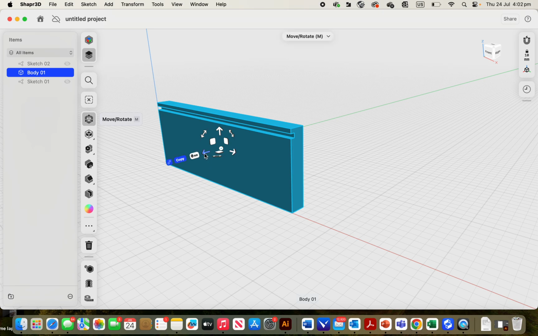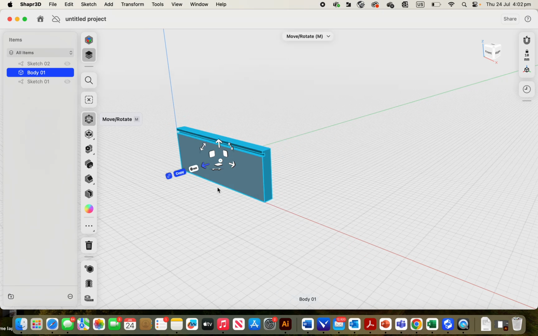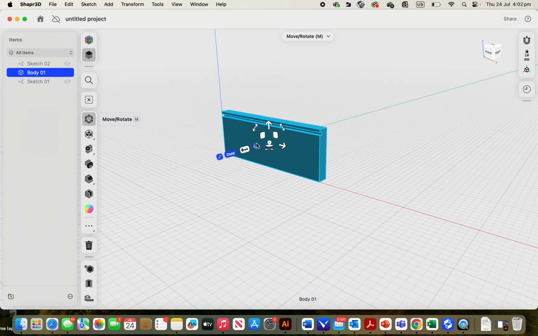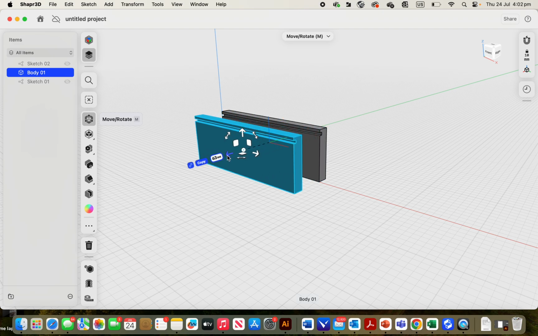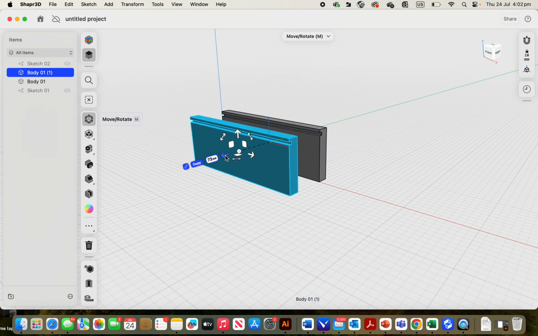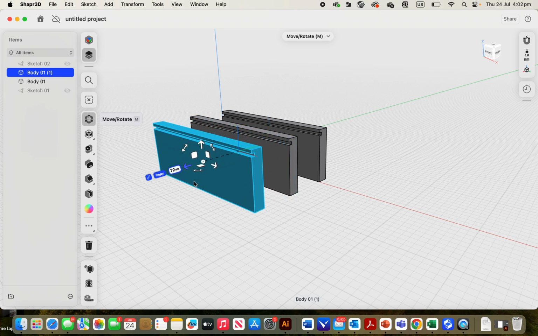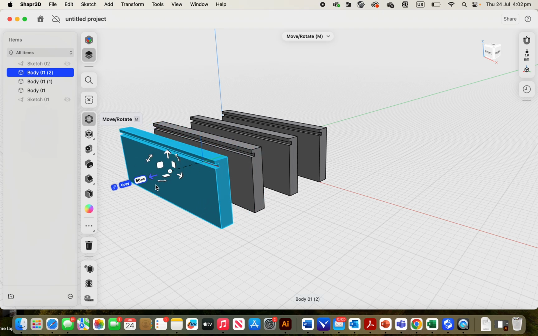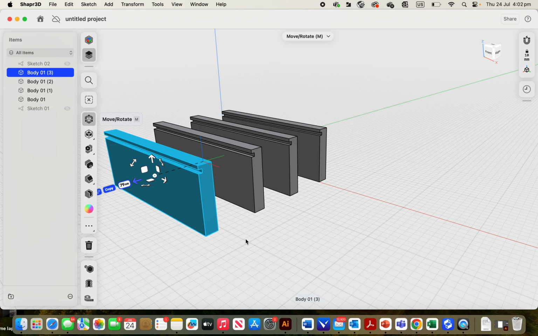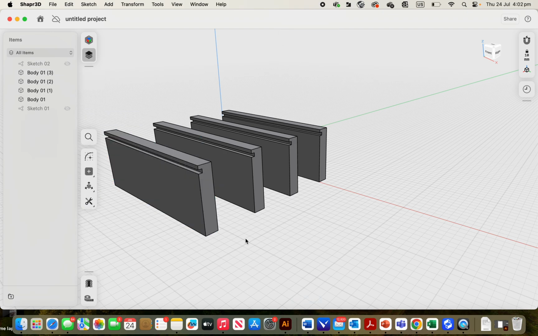And then I'm just going to zoom out a bit. Pan across. And then click on the arrow and hold. Drag it out and release. You've made 1 copy. Click and hold again, drag it out and release. Click and hold, drag it out, and release. Right, we've now got 4 walls that are the same length, which is a good start, but our box doesn't